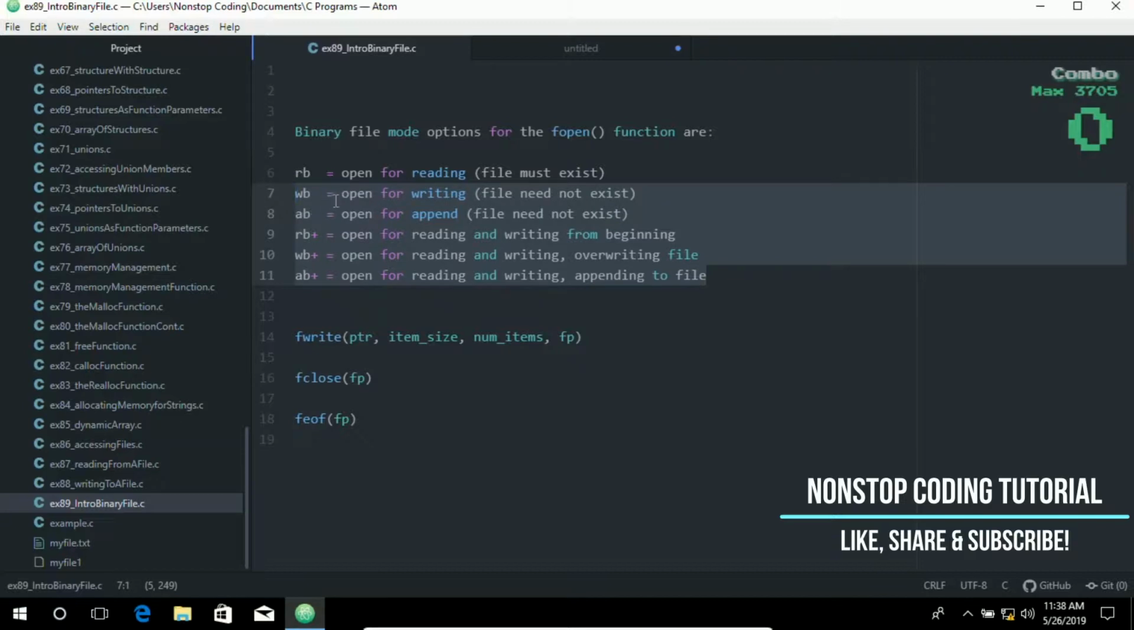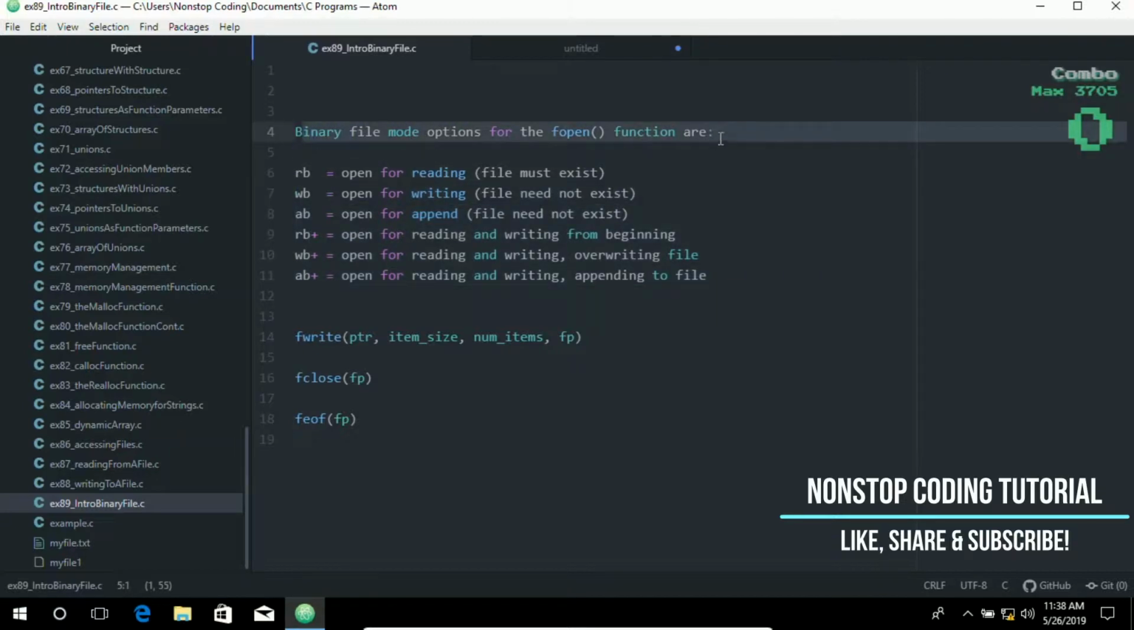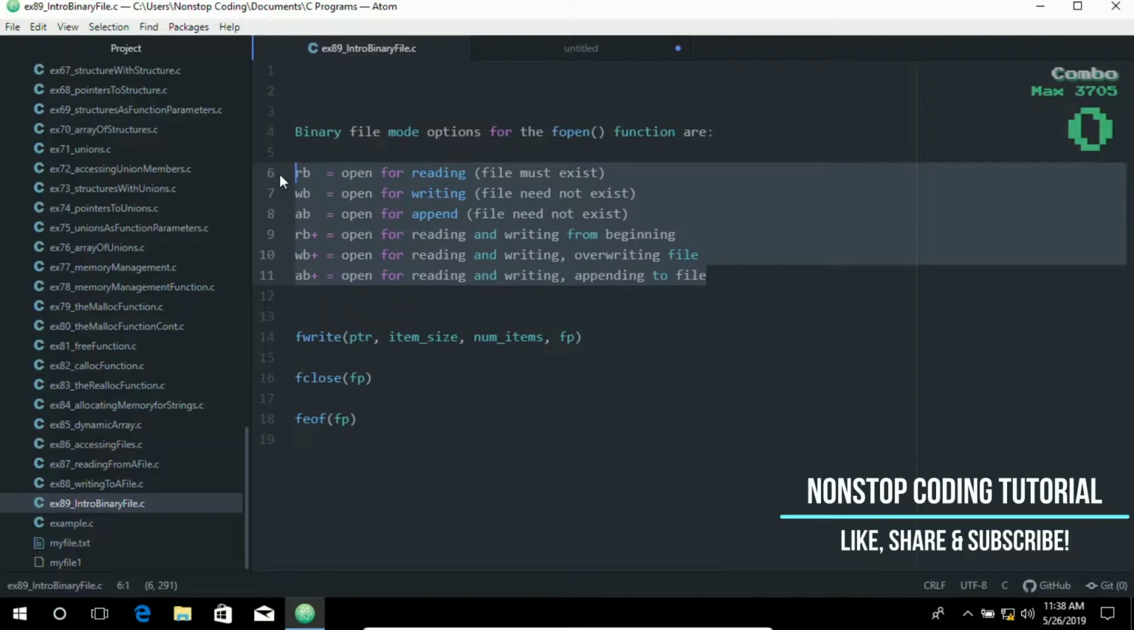So the binary file mode options, here they are. The binary file mode options for the fopen, or file open, function are these ones. RB stands for reading, which will open for reading, and the file must exist. And WB is for writing, and the file need not exist since we're going to create a file. You don't have to have a file when you're using the WB